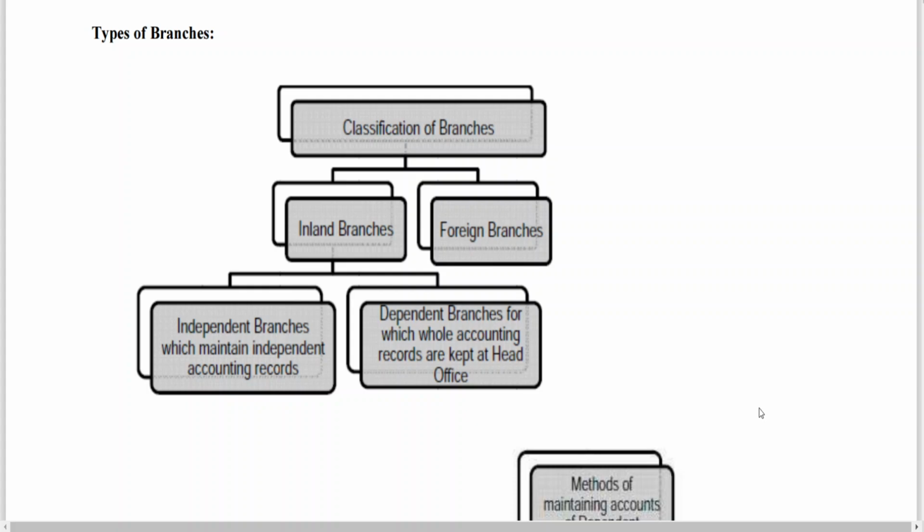Suppose in the books of branch, after preparing head office account, it shows a credit balance of 10,000. When head office opens the branch account, it should also show 10,000, but this time a debit balance, because when you need to make a payment it shows credit balance, and when you need to receive the payment it shows debit balance. For head office it is a debit balance, the amount to be received from branch. In the books of branch the amount is payable to head office, that is why it shows credit balance. Clear to all of you?